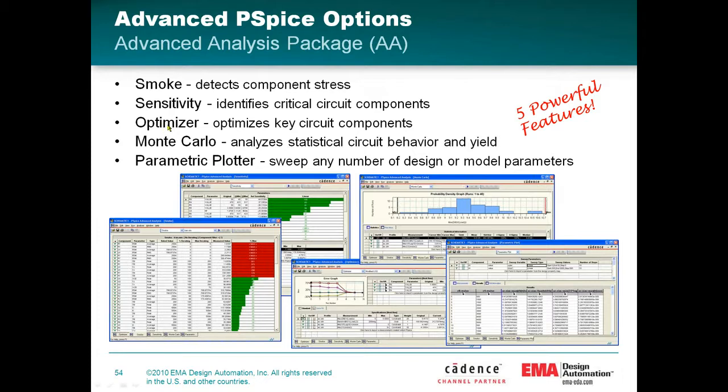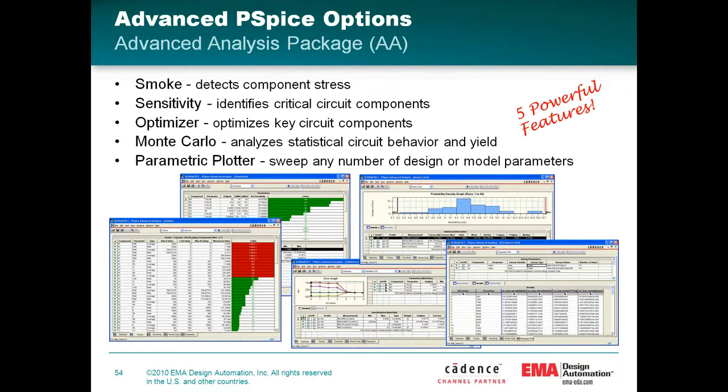I'll show you that. Optimizer basically allows you, if you set up a circuit to achieve a certain set of parameters as an end result, and you're close, but you want to fine-tune a little bit. You're not really sure where to go to attack that. Let's say you want to narrow your bandwidth or something. The optimizer will do that for you. It'll go in and change tolerances, change values to try to achieve a result that's closer to the parameters